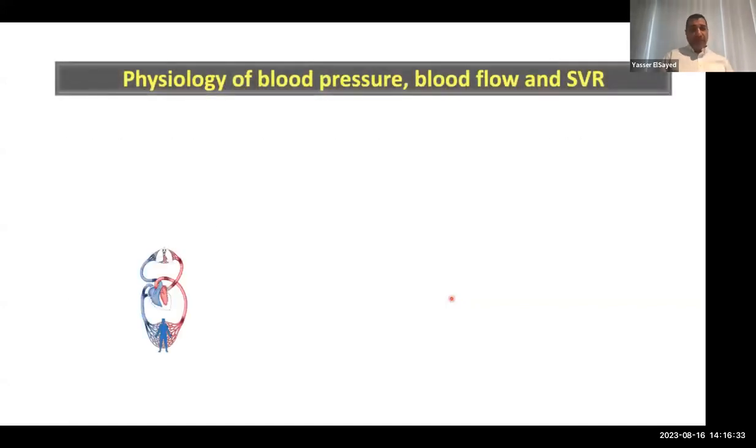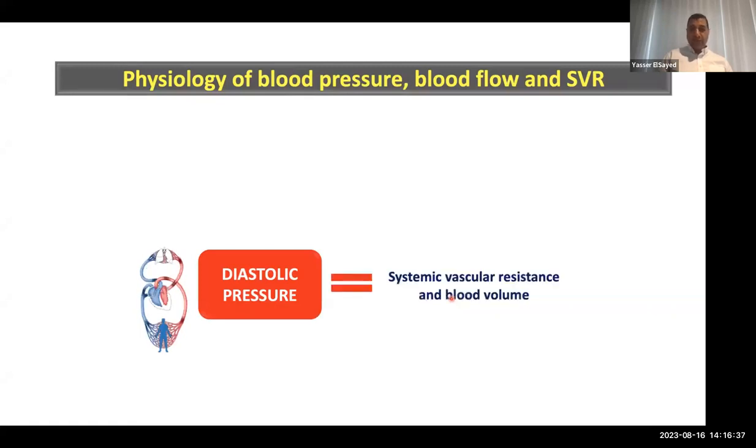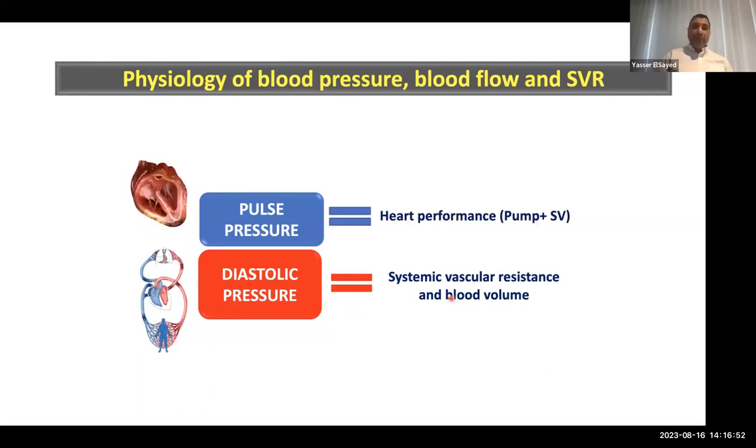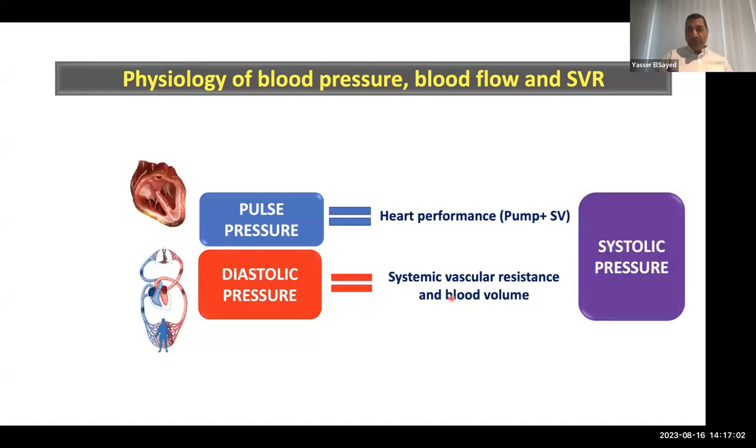As for blood pressure physiology, we understand that the diastolic blood pressure reflects systemic vascular resistance and the blood volume, and the heart should contract on top of that to create another pressure, which is pulse pressure, not the systolic blood pressure. The pulse pressure, which is the pressure above the diastolic blood pressure, ejects the stroke volume out of the heart, which reflects pump action and also reflects the volume or the venous return to the heart. Both of them